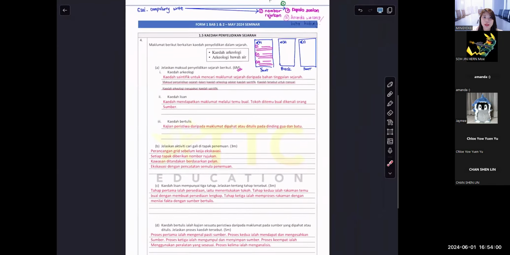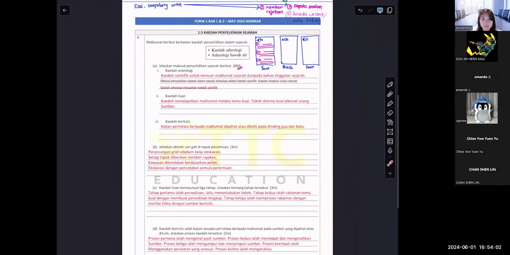Understand? So you can take a screenshot. 1, 2, 3, kaca. Yeah, because we need to go to chapter 2 already. As long as you know the answer point. For example, those of you who attend the normal class, you have the Q&A notes. The question and the answer point, all the points are there. You just take the point and put it in this format. For example, you put the nombor rujukan, the kepala soalan, the penanda wacana, you get full marks already.